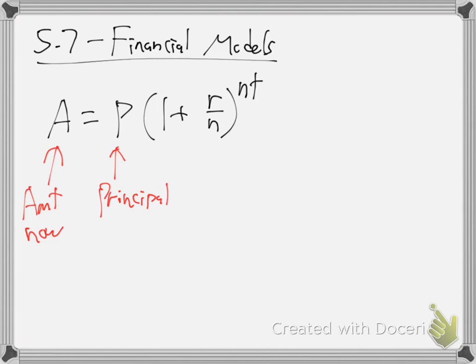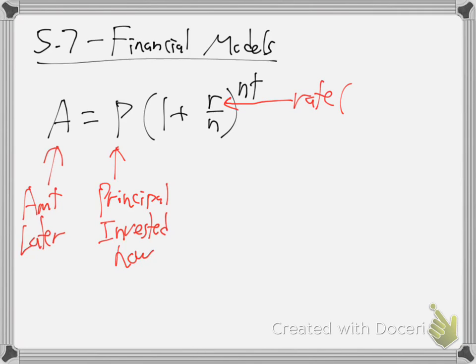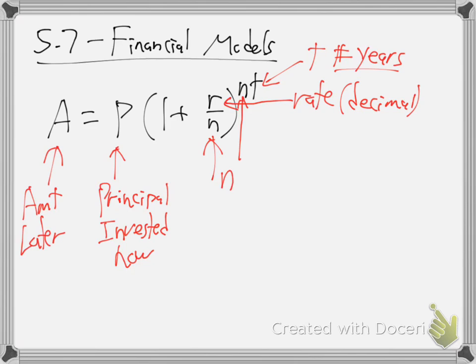The principal invested, oh, not amount now, amount later. Amount later. Principal invested now. The r is the rate as a decimal, the interest rate as a decimal. The t is number of years, it's time. And the n, which is in actually two locations, n is the number of compoundings